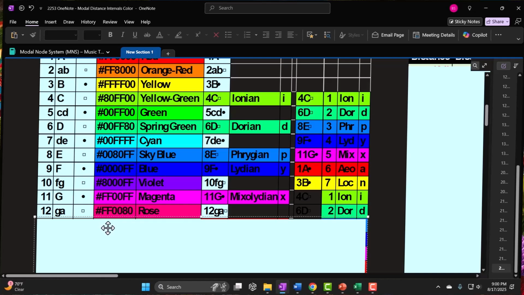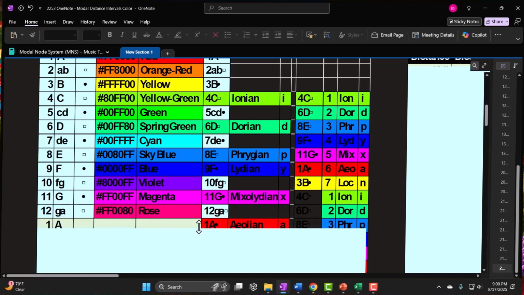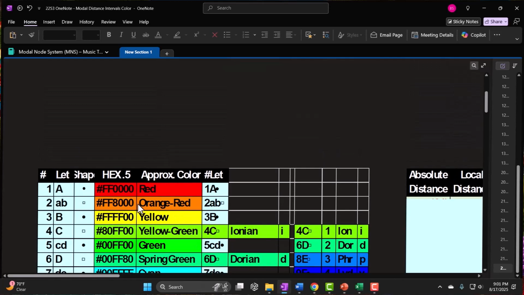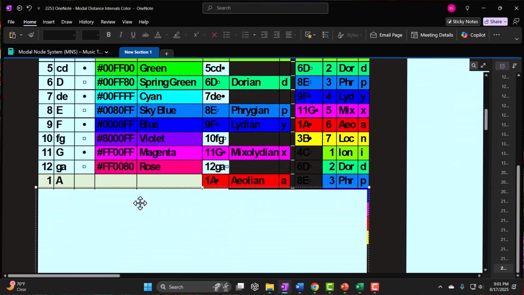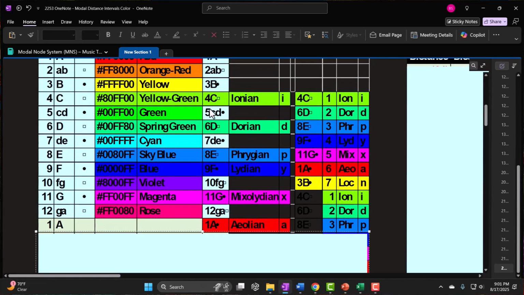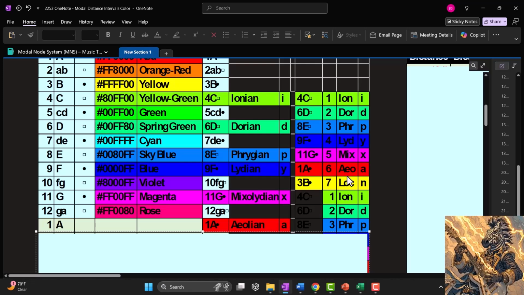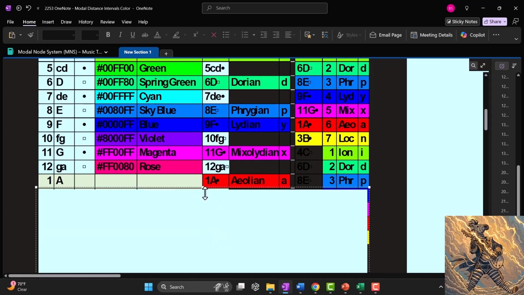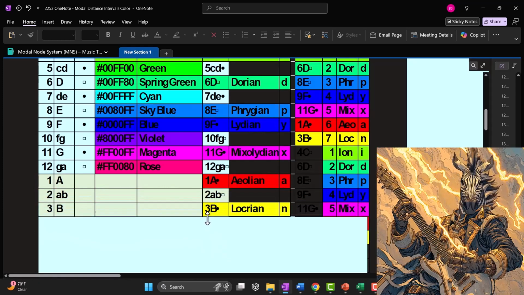12 is G sharp or A flat. That's going to be rose. And then we go to 13, which is equivalent to the A. We've gone around in a circle. So that's going to be then once again in our collection of notes. So we went whole, half, whole. Red, therefore, is going to be the 6 from a modal standpoint. It's the Aeolian mode. There's our symbol A, and then we go around to the 2, which is A sharp or B flat,